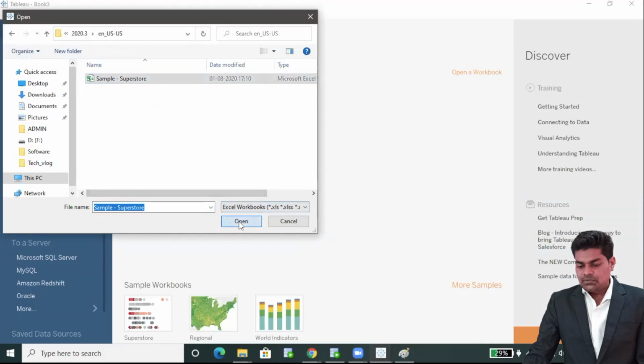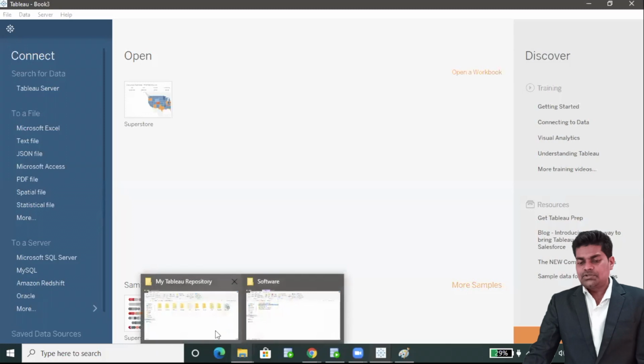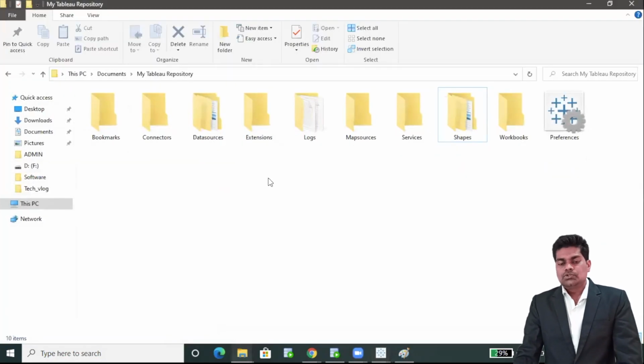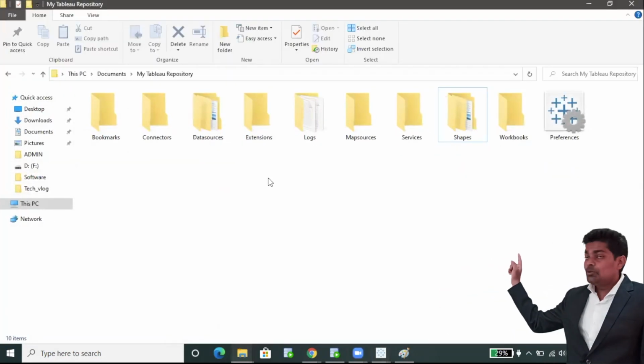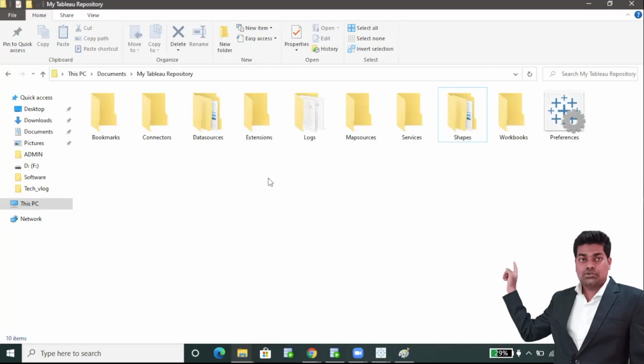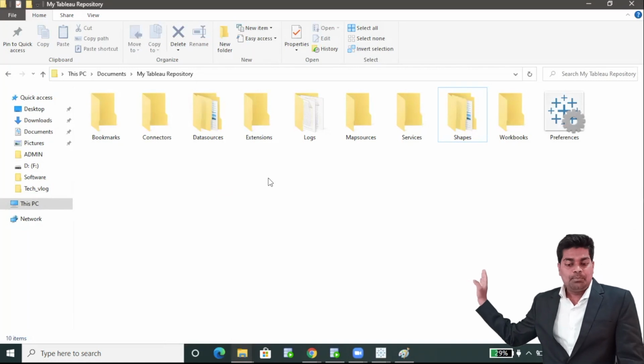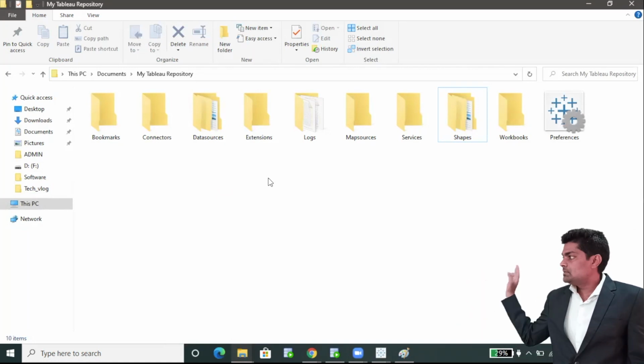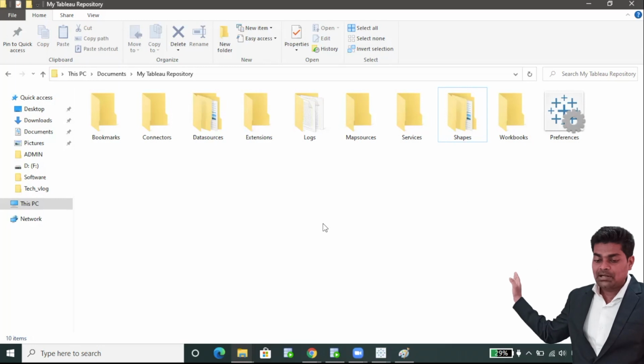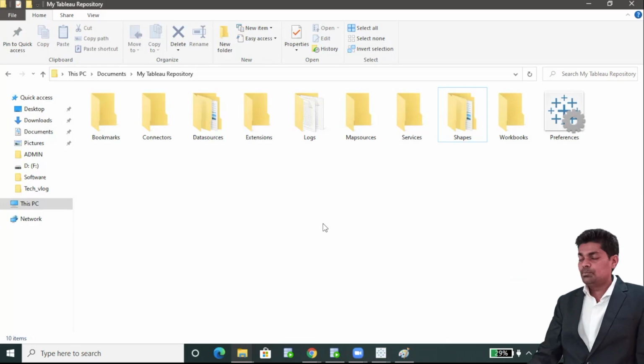Okay, when we install Tableau, inside the Documents folder in Microsoft Windows you will get a folder called My Tableau Repository. Inside this, all these important folders are there, like bookmarks, connectors, data sources, extensions, logs, map sources, services, shapes, and workbooks.